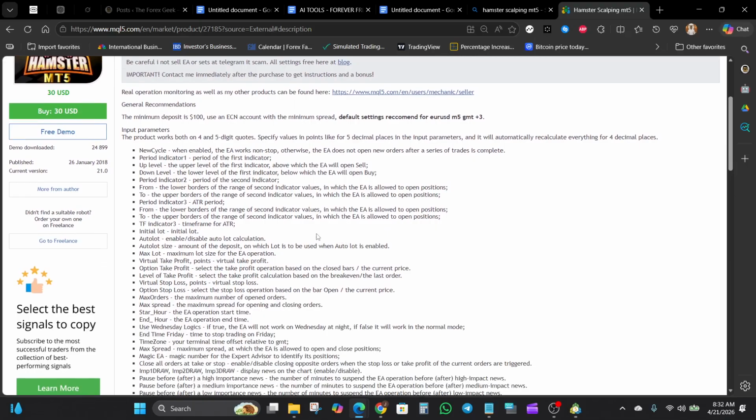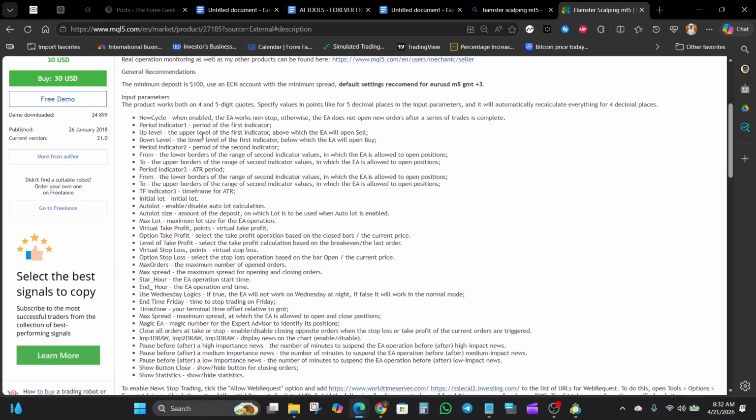There are also quite a few customizable options here. If we go through the input parameters, we can see quite a lot of customizable options. Let's just take a few of them. We have the virtual take profit and stop loss, for example, which means trades may not always rely on broker level SL or TP. Okay, and then we also have